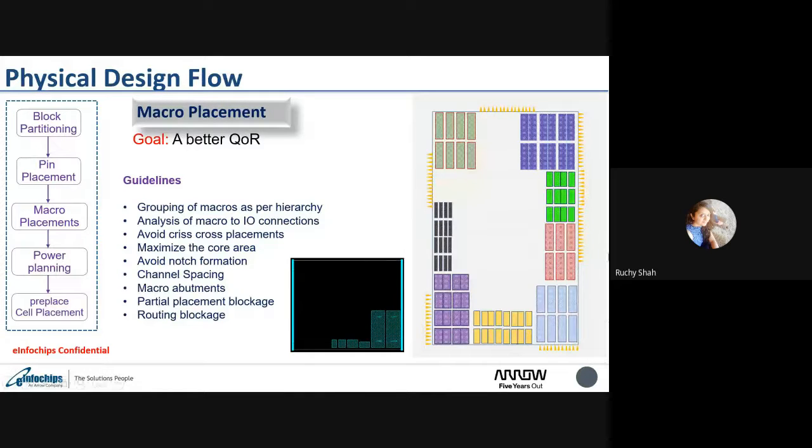So there is no issue if M2 is going over a standard cell. But in the case of a macro, we need more metal layers. So it might have M2, M3, M4 used inside the macro. If we do the signal routing, say M2 signal routing, over this macro, then definitely it is problematic. It is going to short. So we have to avoid some routing layers over the macro, right?